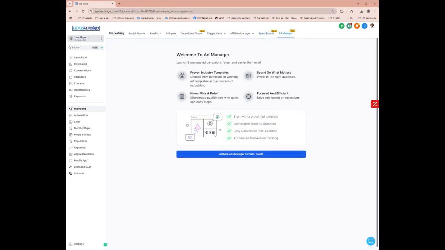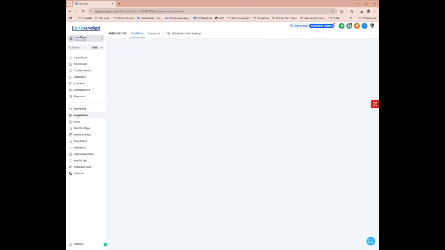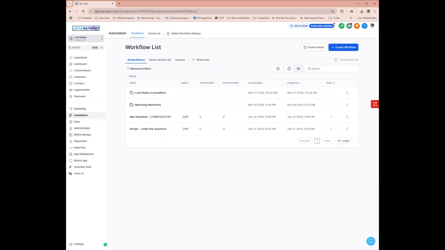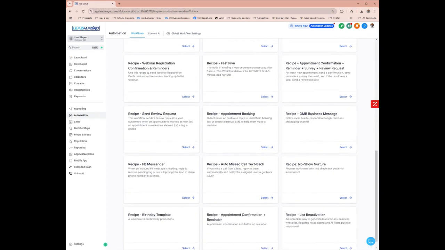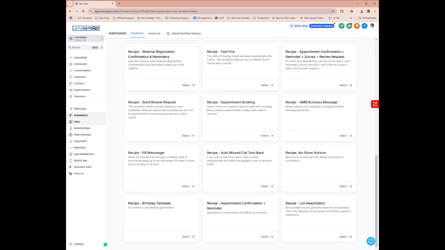That is one of the amazing things offered by GoHighLevel. You can manage your ads from this platform. And then you can also have different kinds of automation workflows. I will create different videos for each and every one of them. If you want to know how to do something, ask in the comments, ask your questions, and I will create a video on your questions. And you can go and select a recipe. Amazing recipes are already created within this platform. And then you can create your own